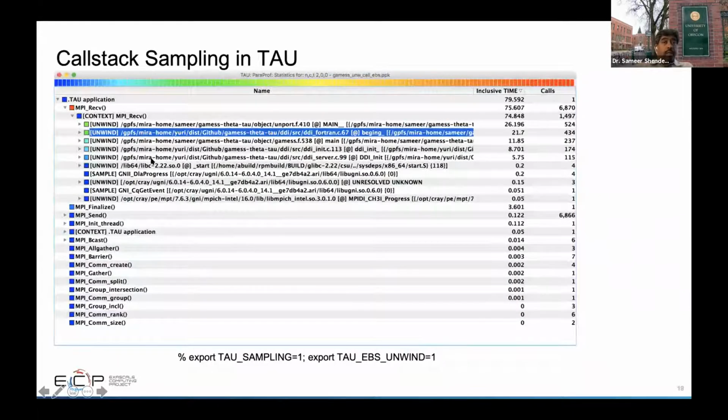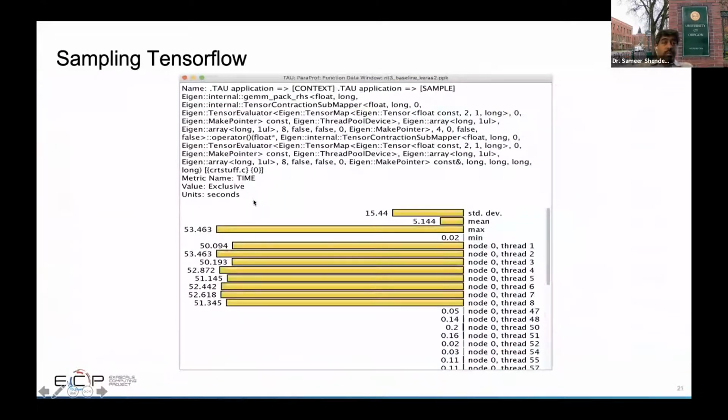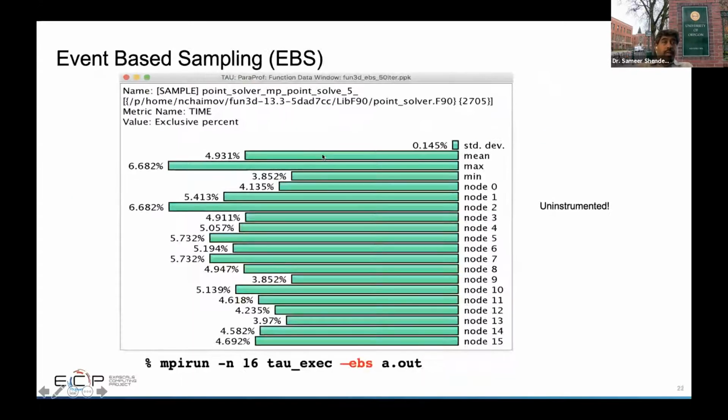And you can even unwind a given call stack, and you can see exactly who called a particular function, and look at detailed information by sampling and seeing how much time was spent in condition wait using tau_python, and see the events occurring on the GPU side. This is event-based sampling with just a stock binary without any modifications. And you can see the exact line number and how much time was spent in that line across different